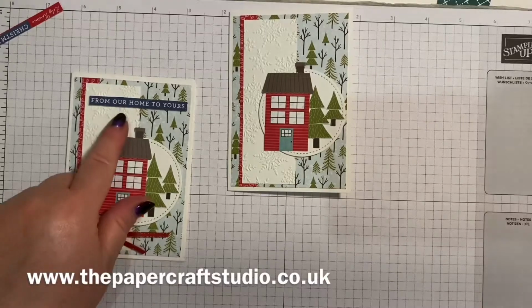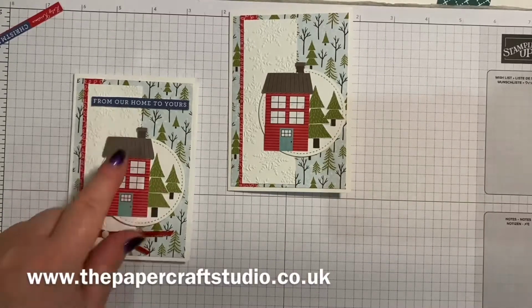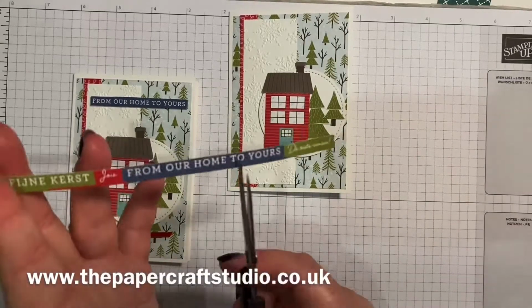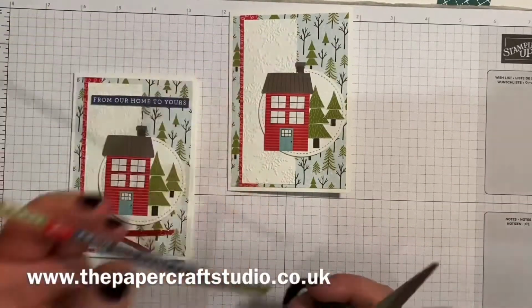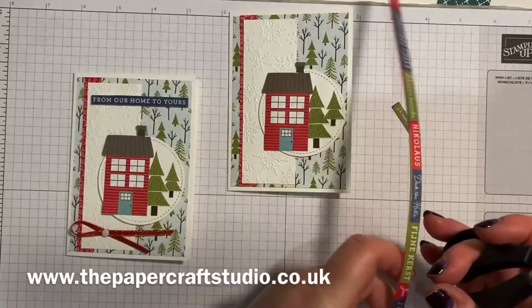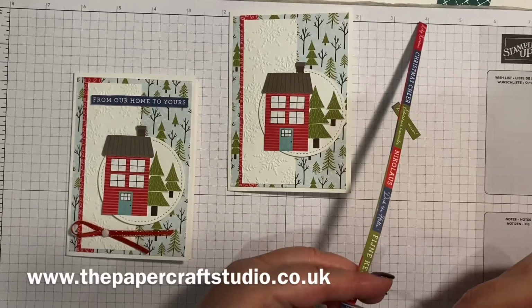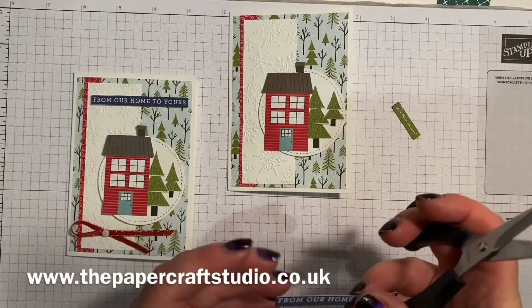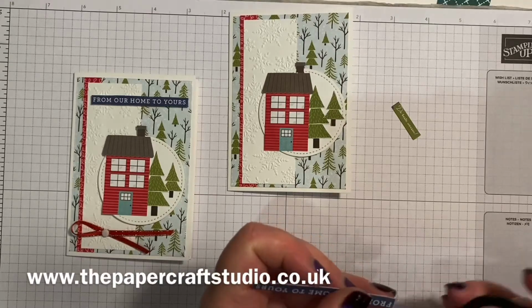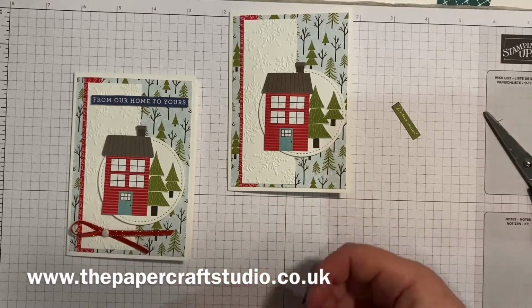Okay, so I used "from our house, from our home to yours." I quite like that. If your family is sending to another family maybe, it's quite a nice size sentiment to go across there. So again, I'm just going to snip it away from the rest of the sheet. I've got a tiny bit of red here, so I'm just going to get rid of that from its neighbouring